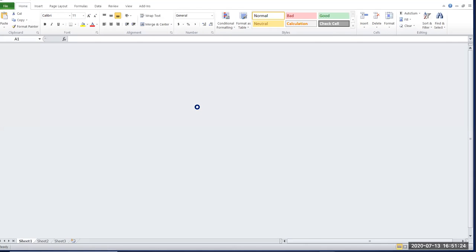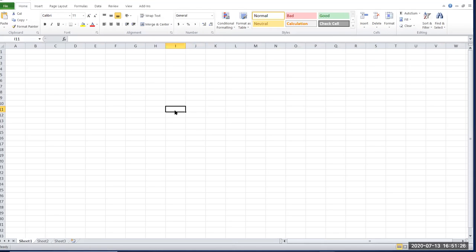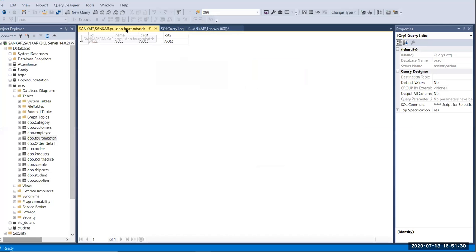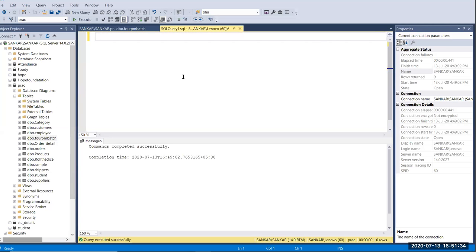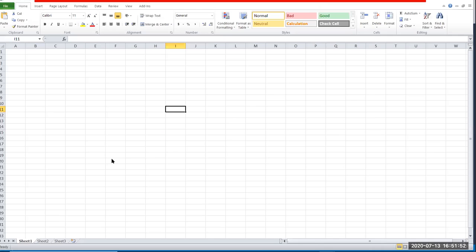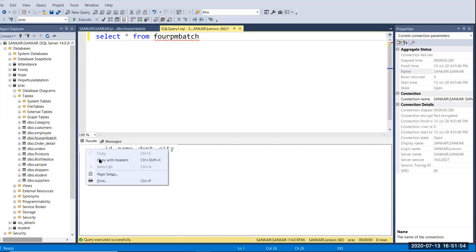And here we have four fields, right? So I'm going to copy those fields. Sorry, select star from, what is that name, 4 p.m. batch. Okay, so I'm going to copy this, click here, sorry, and click here, copy with headers.